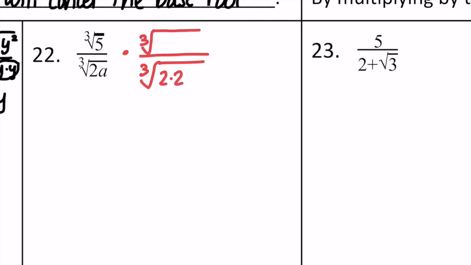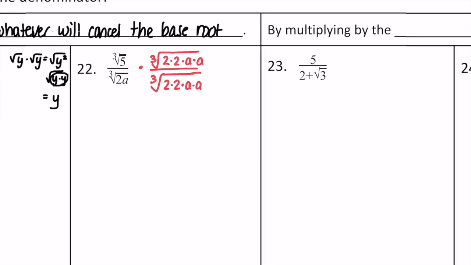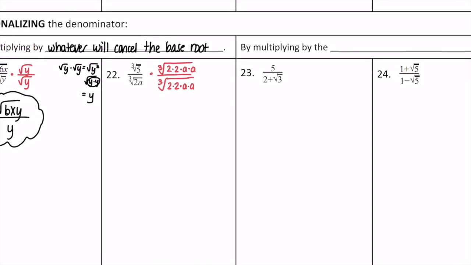I also only have 1 a here. I want to have 2 more a's, so for a total of 3. So I want to multiply by a times a. So I want to multiply the top by the same thing. You have to multiply by a giant 1, something the same in the top and the bottom. So here I'm going to have,